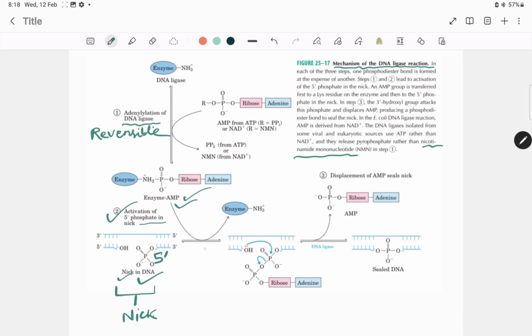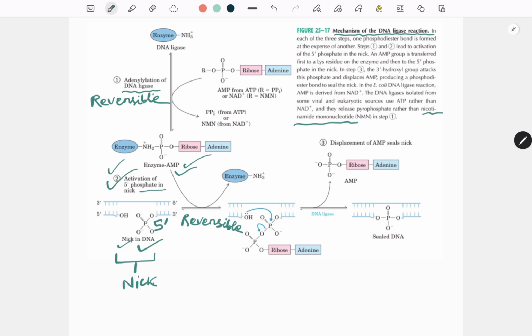The second step of the reaction is also reversible in nature. The second step of the reaction produces two products. One is the DNA ligase enzyme itself. Here is the DNA ligase enzyme which is released. In the second product of the second step of the reaction, an AMP group is attached to the 5' phosphate